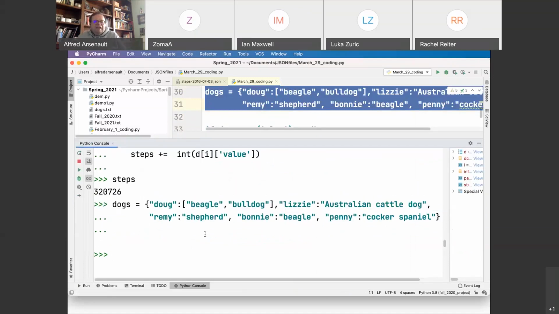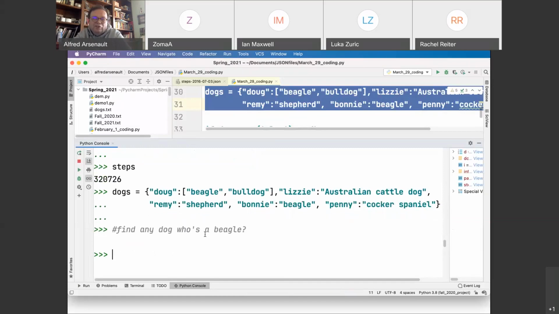What if I want to find out if there's any dog who's a beagle? I know how to look at Doug. I know how to look at Bonnie. Can I find any dog who's a beagle? Well, it turns out not directly. What I have to do is check every key and see if any key has a